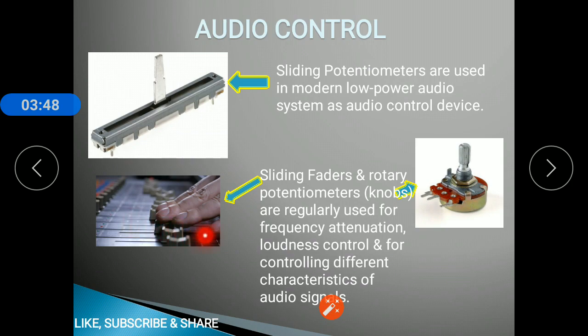For example, this sliding potentiometer is used for sliding faders, and this rotary potentiometer is used as a knob. The knobs present for audio control are made of this rotary potentiometer.